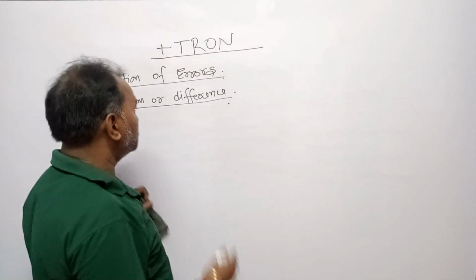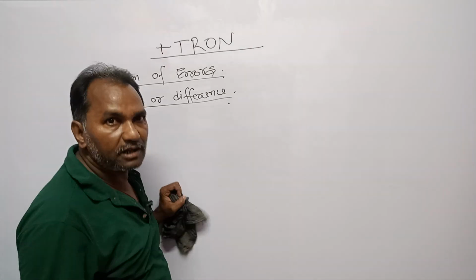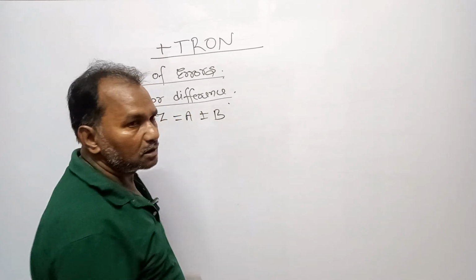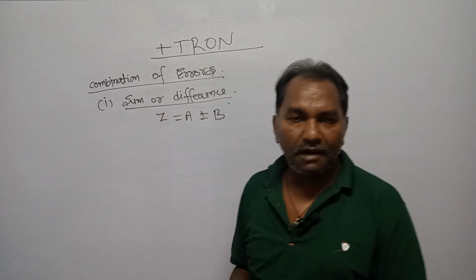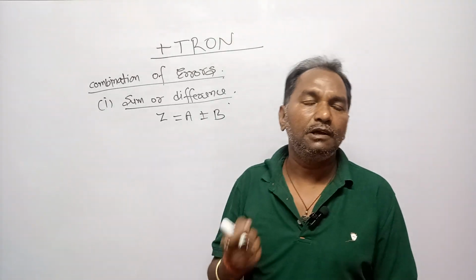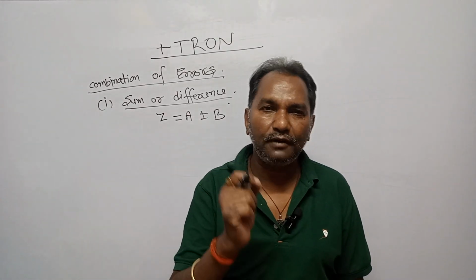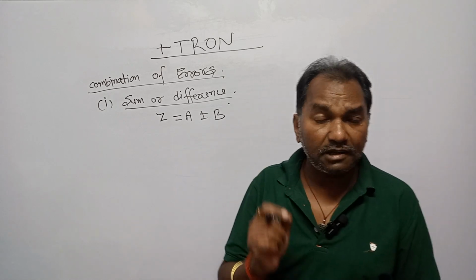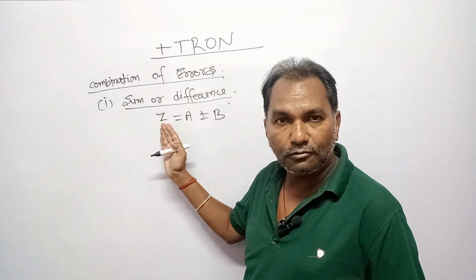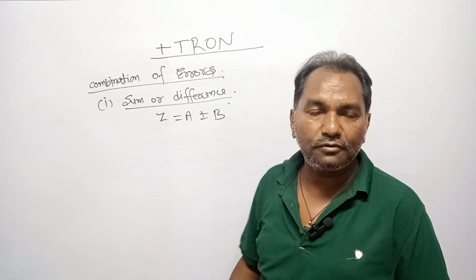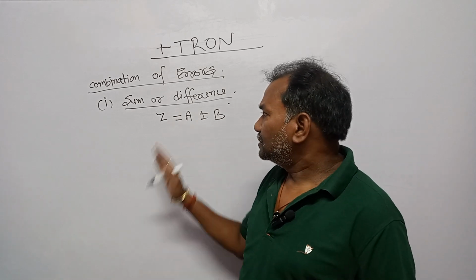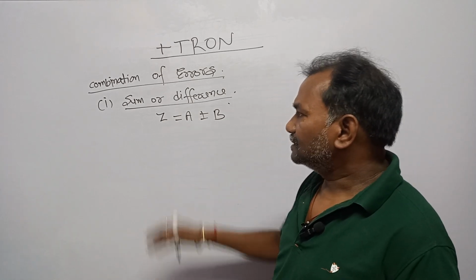Let the formula used to find the experimental value be z equals a plus minus b. The experimental value z depends on the two values a and b that you have found in the experiment. You have carried out the experiment and found the values of a and b, but the real value of your experiment is z, the sum or difference of the two quantities a and b. Now dear students, you have to find the error in the value of z.